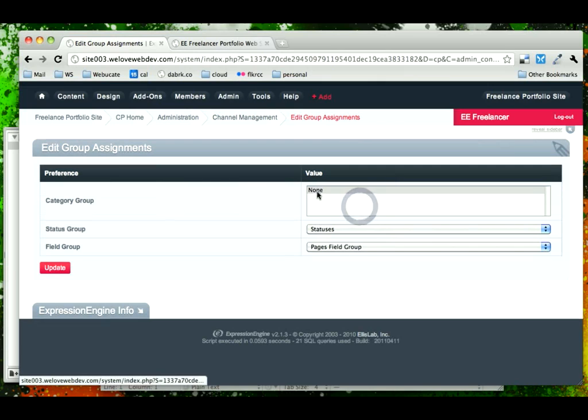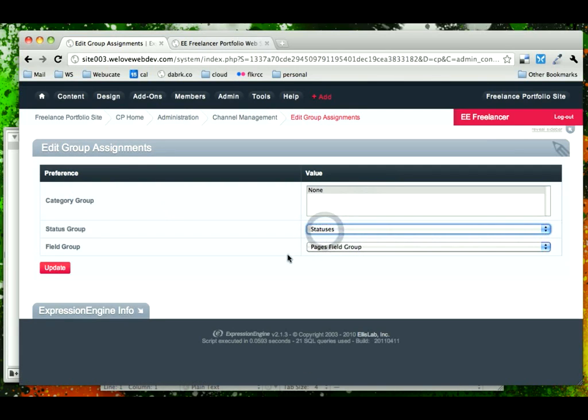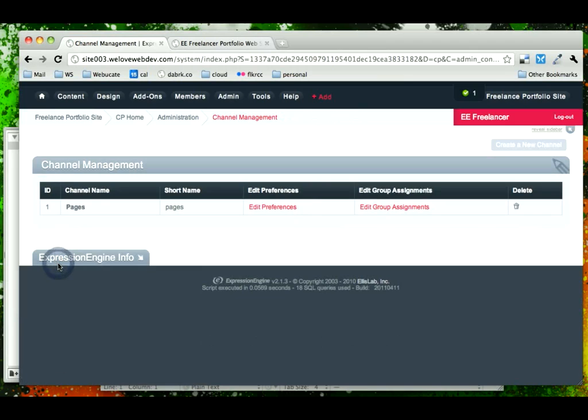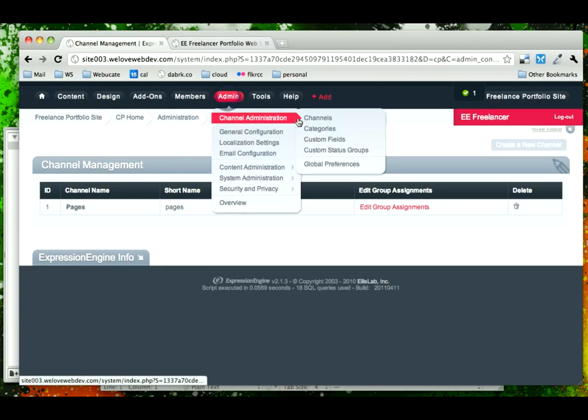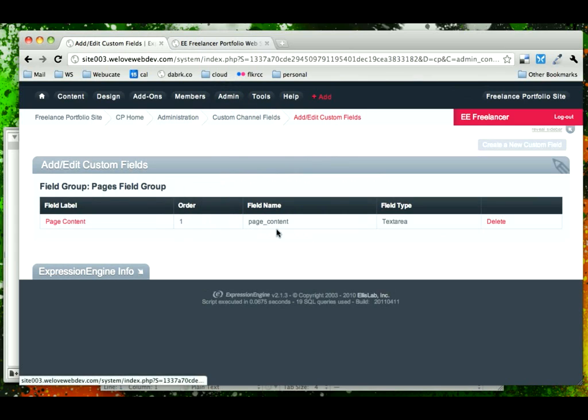Originally, when we set up that Pages, it had no categories, and we selected the default status, but there are no content groups or field groups created by default in ExpressionEngine. This is one of the things that makes it so flexible. So we had to go in to custom fields and create a custom field group for the pages. And this one just has one section,